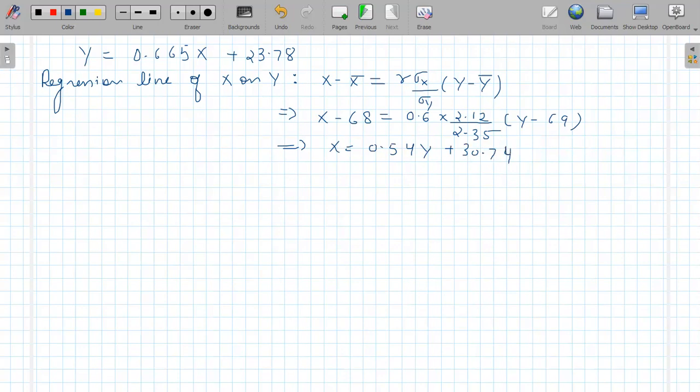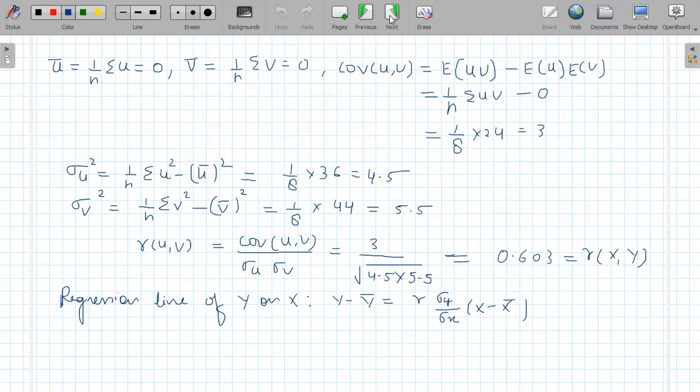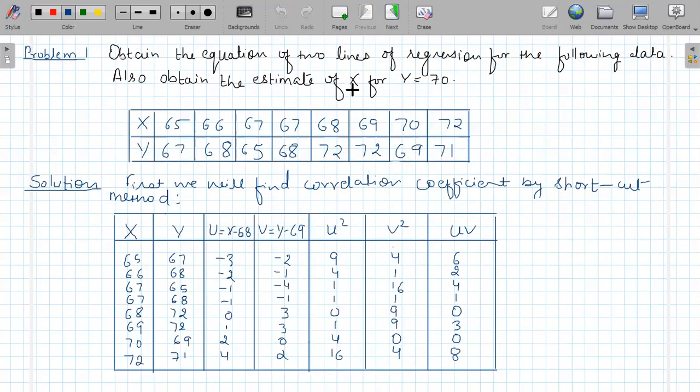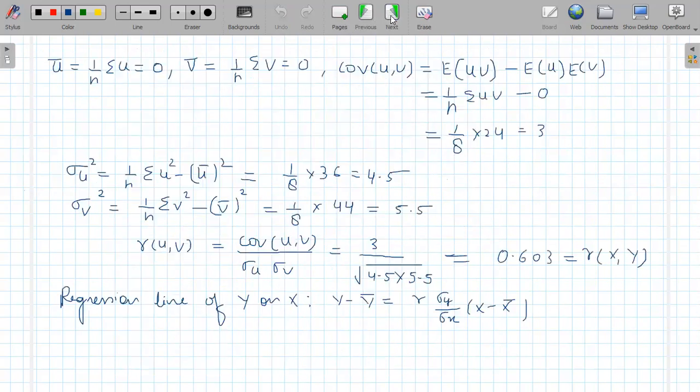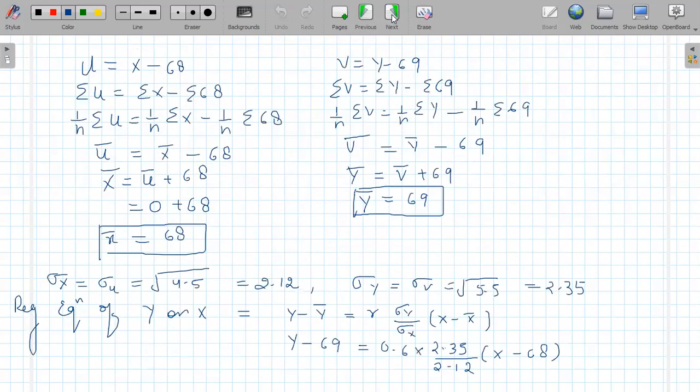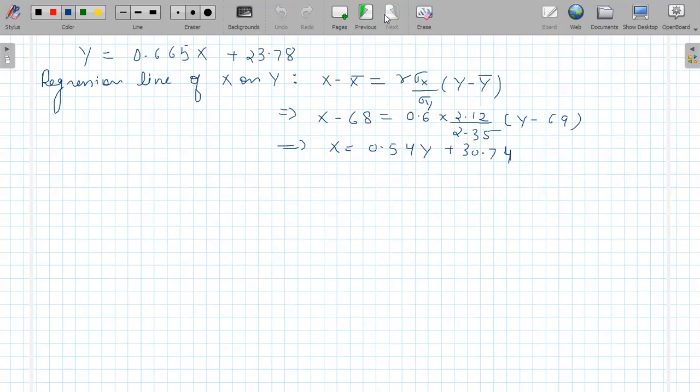क्वेश्चन में ये भी पूछा गया था, इफ यू सी, कि एस्टिमेट वैल्यू ऑफ एक्स फॉर वाई इज इक्वल टू 70, यानी वाई इंडिपेंडेंट वेरिएबल है और एक्स डिपेंडेंट वेरिएबल है। तो हम कौन सी इक्वेशन यूज करेंगे एक्स को एस्टिमेट करने के लिए? हम ये इक्वेशन यूज करेंगे।